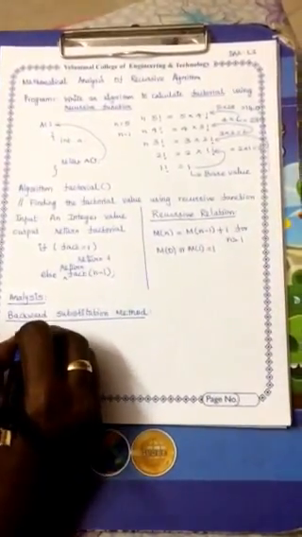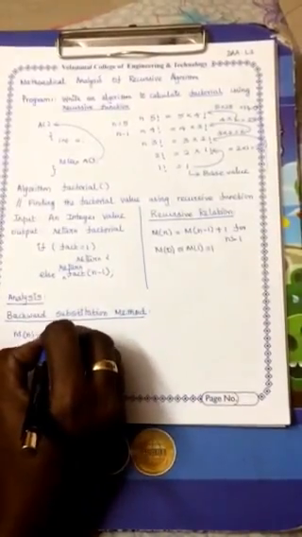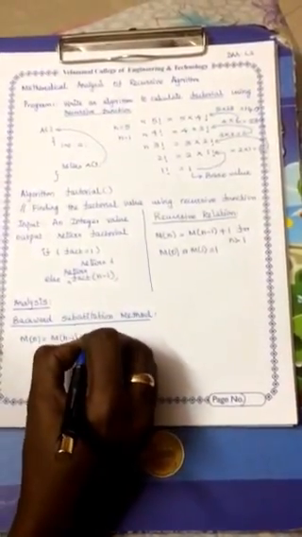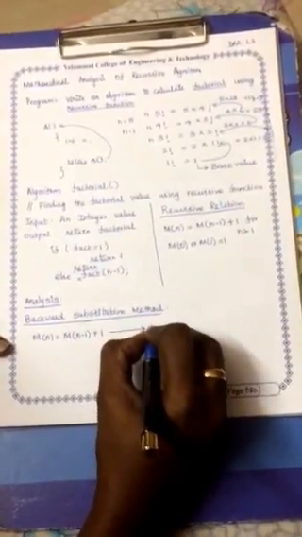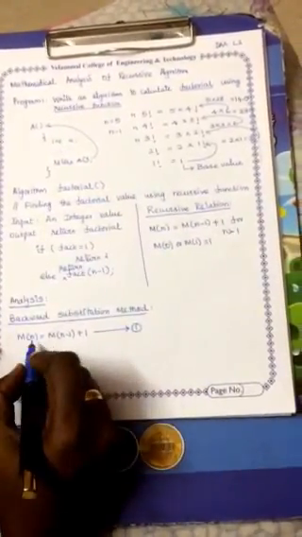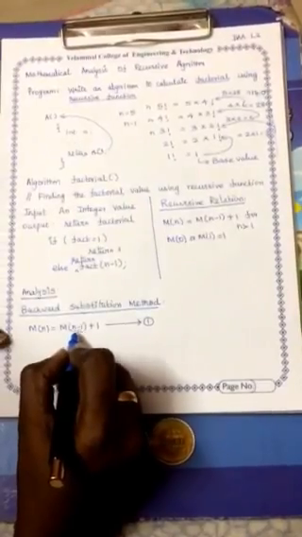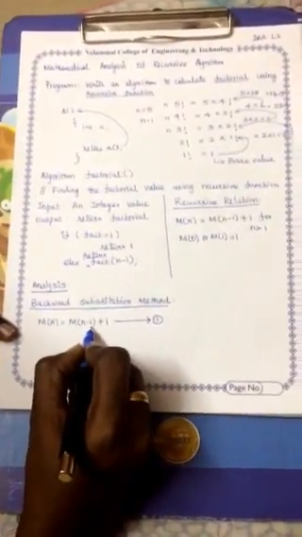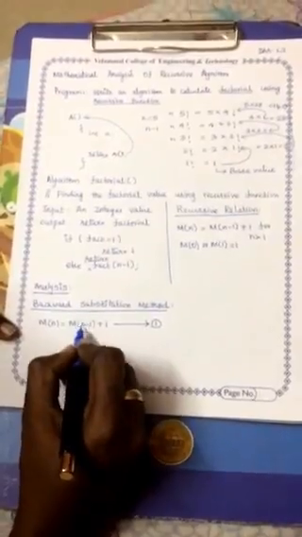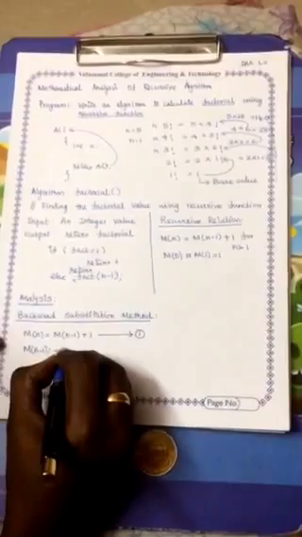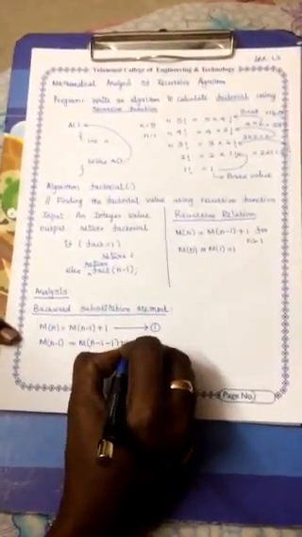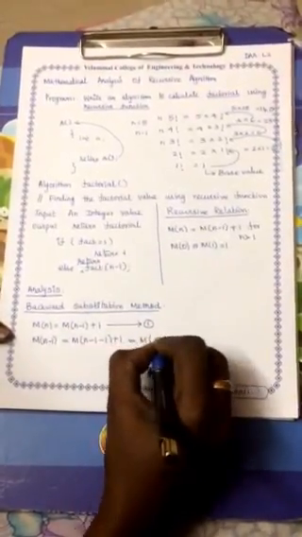So the base value what we are having is m of n is equivalent to m of n minus 1 plus 1. So this we treat as the first equation. And for the second equation, instead of n we have to substitute n minus 1. If you want to calculate the value for m of n minus 1, you have to find the value for m of n minus 1. So that is what we are going to do. Instead of n, I am going to substitute n minus 1. Then m of n minus 1 minus 1 plus 1. When you simplify, you will be getting m of n minus 2 plus 1. So now this becomes equation 2.